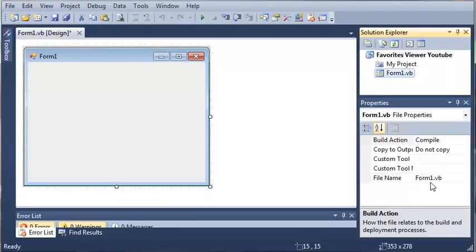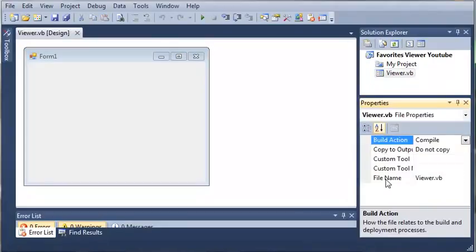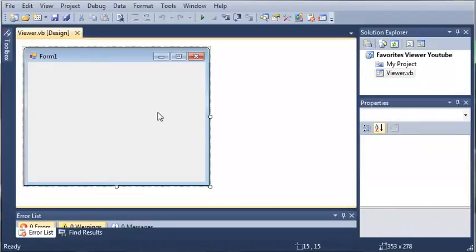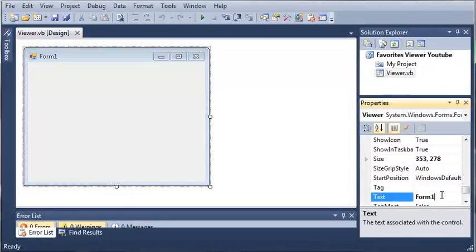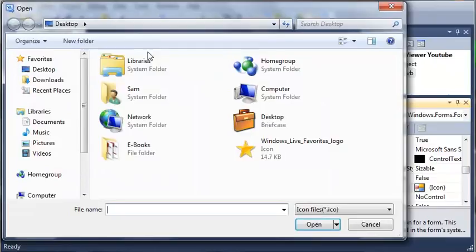So let's set the file name. Instead of form1.vb, we'll call it viewer.vb, so it's easier to use and work with. Form1 is kind of hard to know what it is, and you want to use names that are easy for you to recognize and know what they are. So we'll set the title of it to My Favorites, and we'll come up here and we'll set the icon